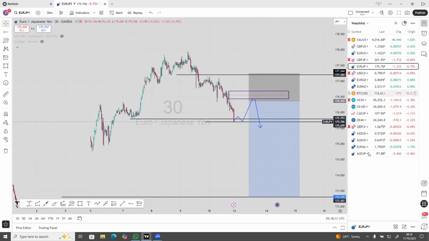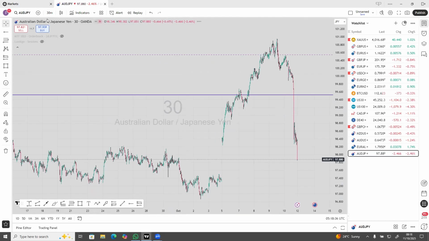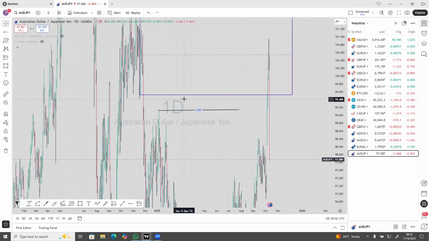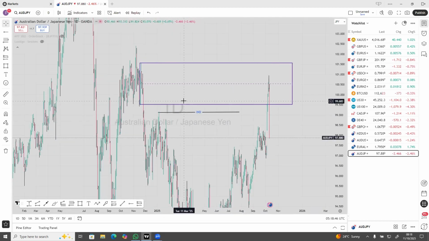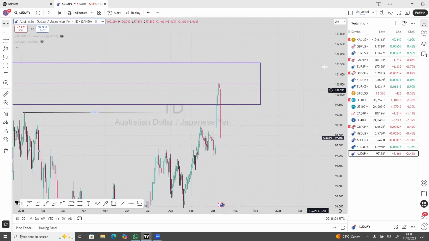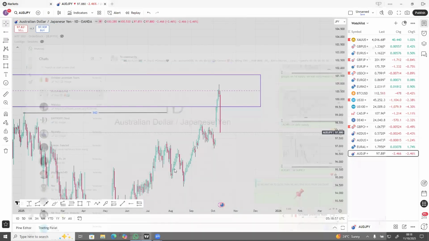Okay, also Audi JPY, I told you to take a short position from daily supply. I told you from weekly supply, that is weekly supply, I told you it left without you. It left without you, and it is aggressive. It is an aggressive move. Okay, I executed